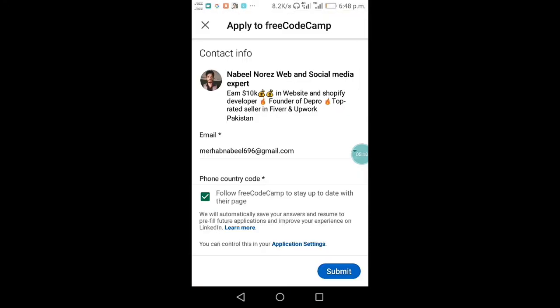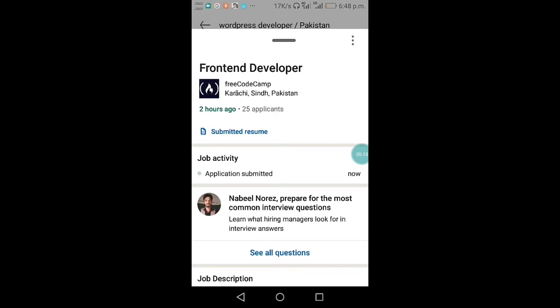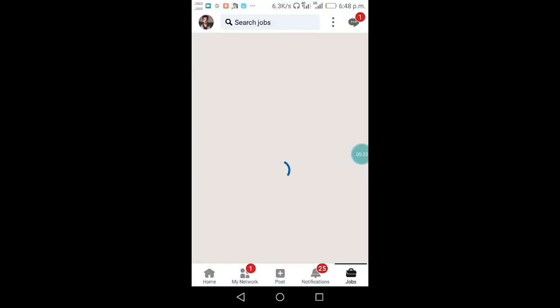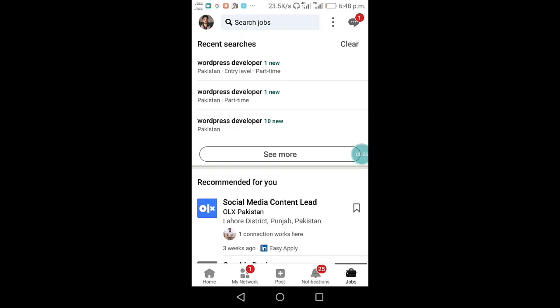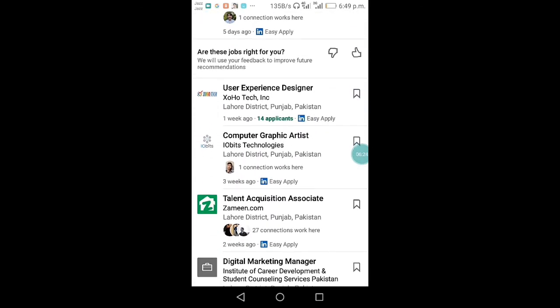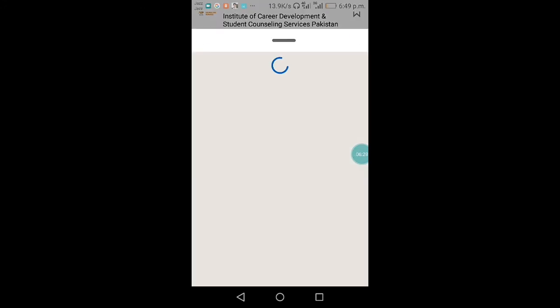And the best feature of the LinkedIn app is that you can easily apply through LinkedIn. You only need one CV. If you have a resume, a beautiful resume, then you can easily apply on the LinkedIn app through 2 to 4 clicks. Only 2 or 4 clicks you need to apply, and once you upload your CV, it will be saved on the LinkedIn app, and you can easily use it for other multiple jobs on the LinkedIn app.